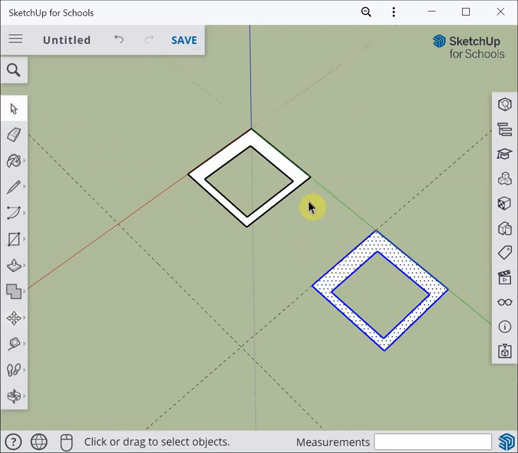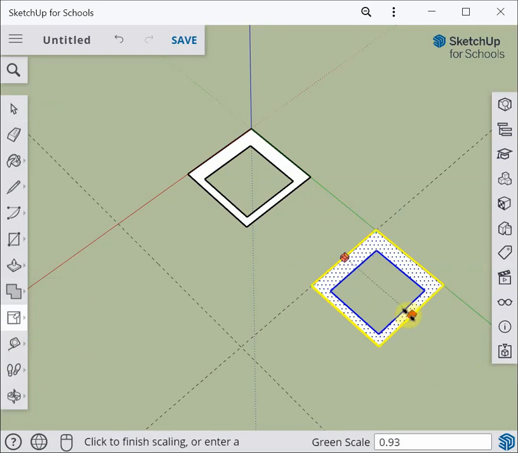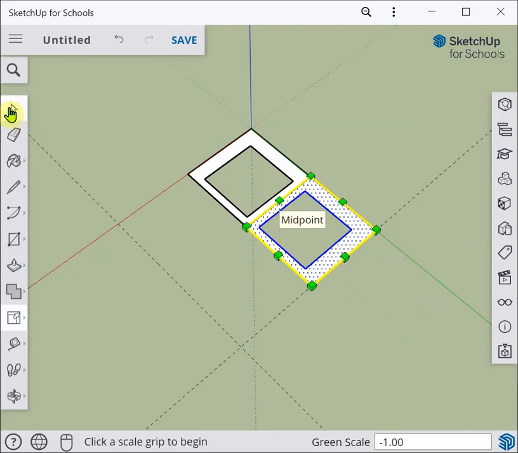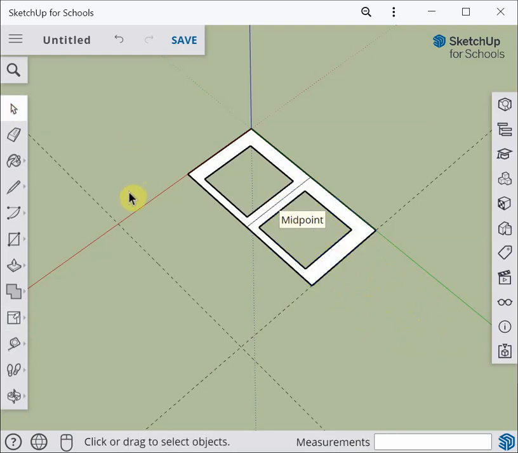Then what I'm going to use, it's a little bit unorthodox, is the scale tool now, which is this tool here. And what scaling allows me to do is pull that down, and if I go all the way through 0 and back out the other side until I get a scale factor of -1, I've duplicated it, and there it is there. I'm going to erase that line, which I don't need, and then I'm going to do the same thing